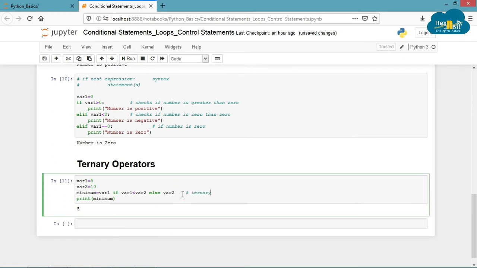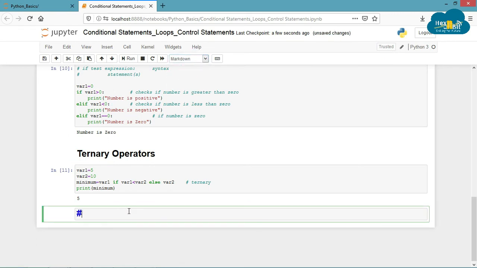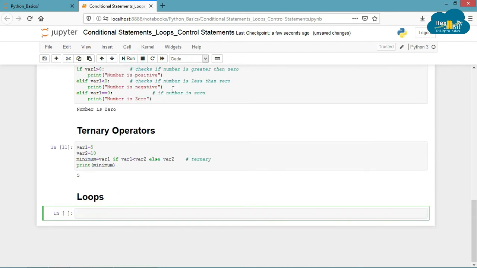You can try some logics on your own for practice. Let's go further and discuss loops. Loops are very commonly used in real work Python programs. Loops make our code convenient, short and hassle-free.